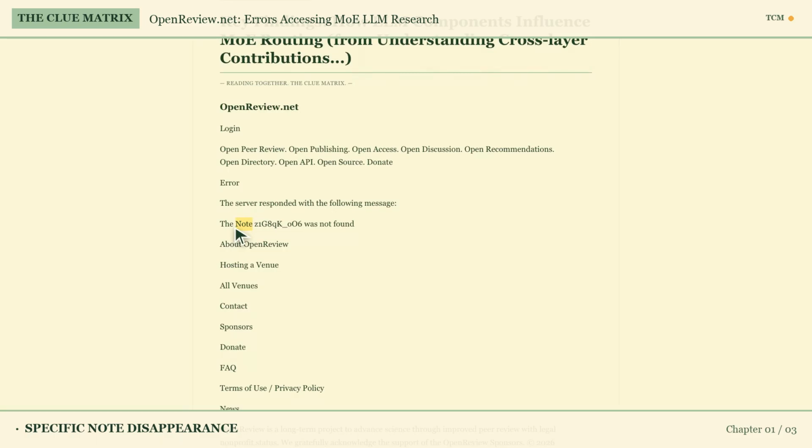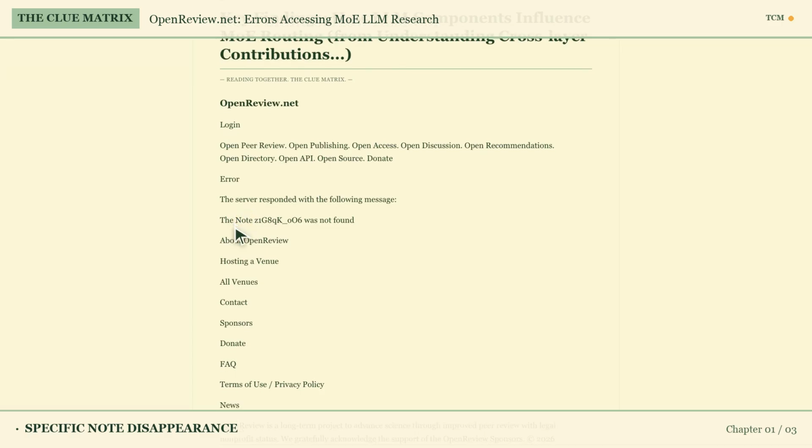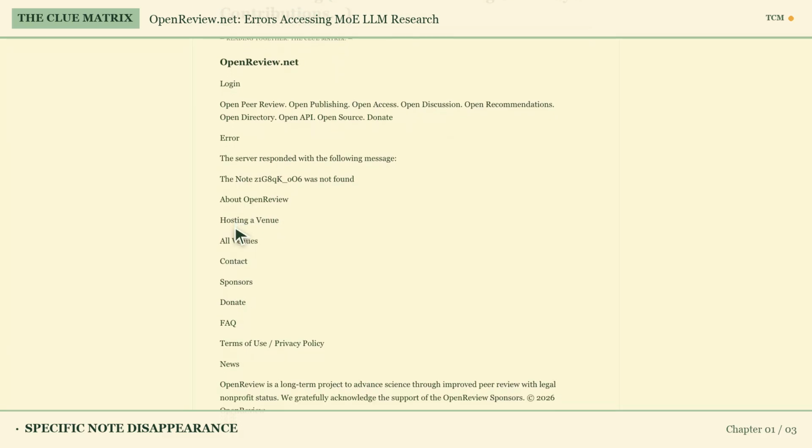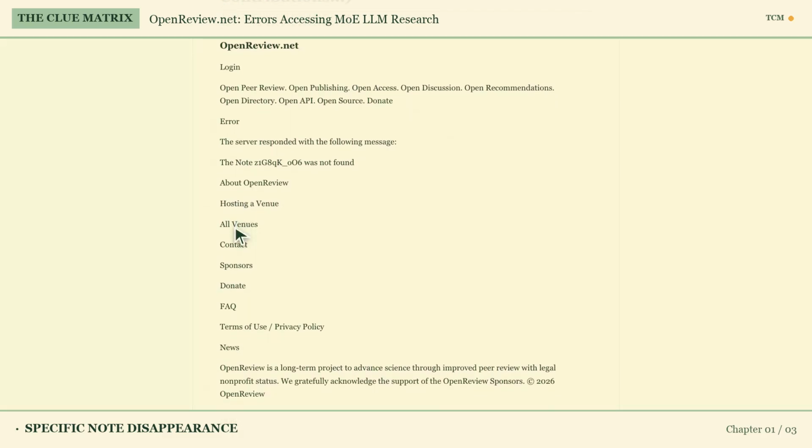This Z1G8QK06 string is its unique identifier within the platform's database system. So if I'm searching for a paper on MoE routing and get this, it means the specific paper or piece of research with this ID that I was trying to access just isn't there or was never linked properly.